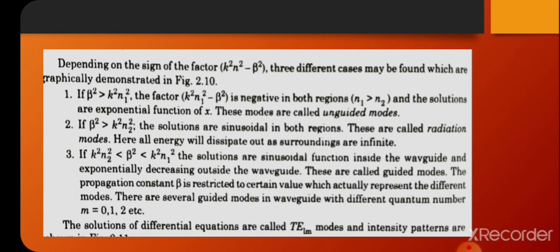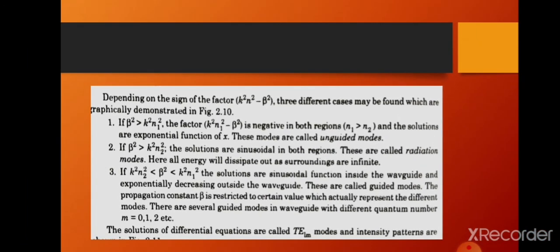Okay, so the condition k²n2² < β² < k²n1² is the condition for guided modes. In the guided mode there will be different modes like T0, T1, T2, etc. So this is all about mode theory, and for examination purposes you should explain mode theory in this manner. So you should write the conclusion part, because that is the main